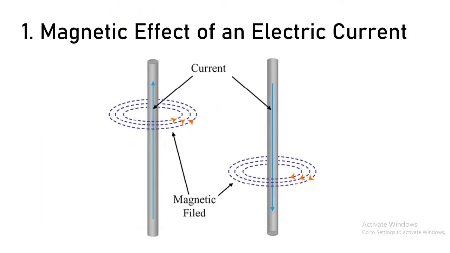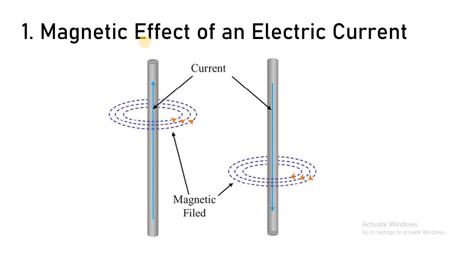In the magnetic effect of an electric current, here I have shown you two different bars. I'll say these are two long straight conductors. In these two long straight conductors, the first conductor is carrying the upward current. If you see, there is a light blue arrow. Is it visible to all? Yes, miss, it's there. So this light blue arrow indicates the direction of current which is going in upward direction in the first bar.